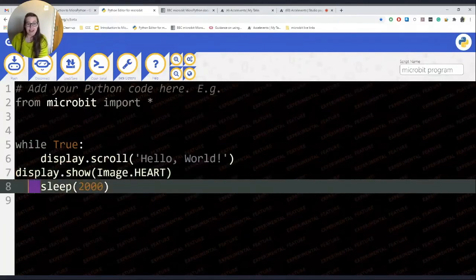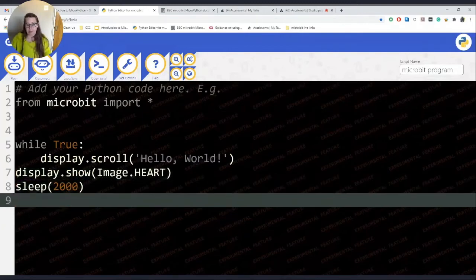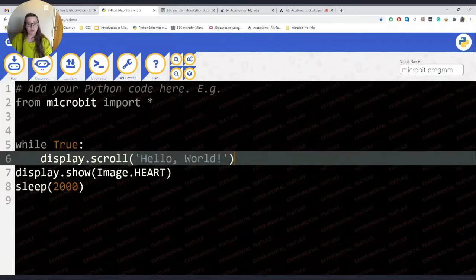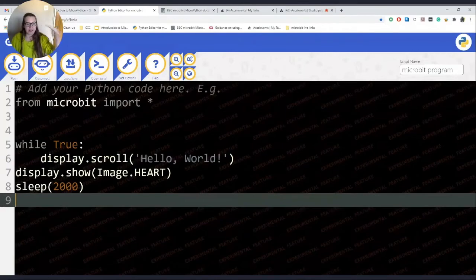If you forget to indent, you won't get an error message because there's nothing actually wrong with this code. There's nothing syntactically wrong with this code, but logically, the first line will run forever and the rest of the code will just never happen because Python runs things from the top down. It will go in order. So in MakeCode, you can often put your forever loop underneath some other code and it will just do everything the way you want. But in Python, you have to think carefully about the order that you're trying to run your code.